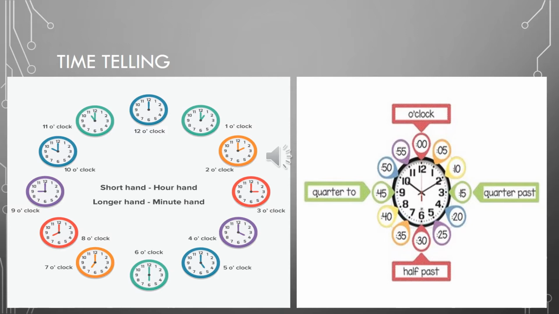Is it clear to you? Okay. The first thing is clear to you, how an hour passes and how o'clock happens. Done. Now come to the deep illustration of the clock. It's really interesting. Okay, what is it? Look at the clock. First, look at the rectangular box. What will it be? I told you about o'clock.